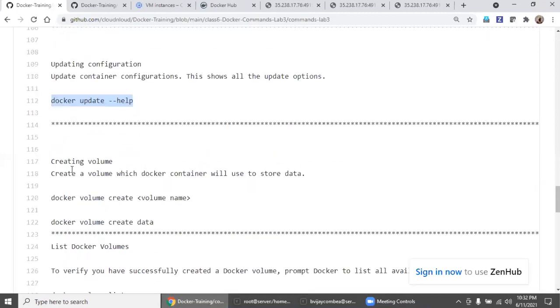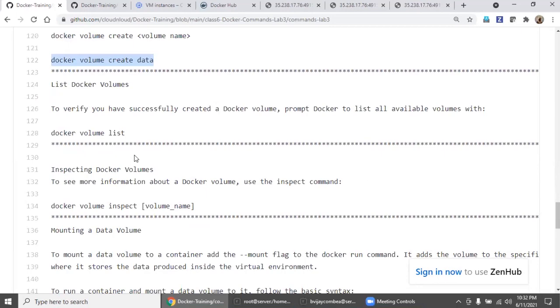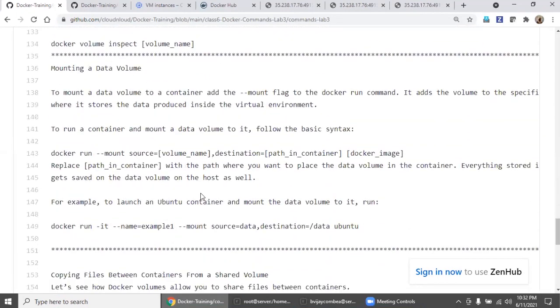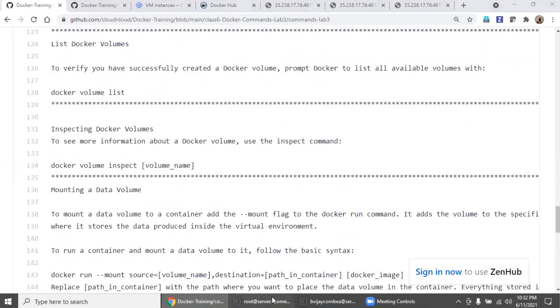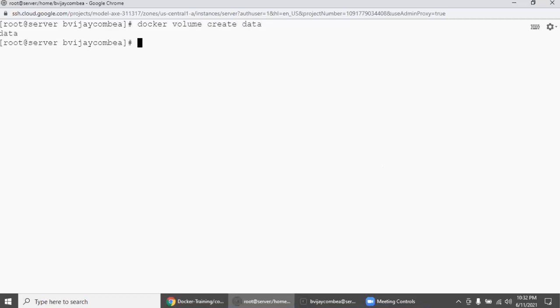Come down. Creating a volume. Even if you don't want to put any shared SAN or anything, here also you can go with a volume, right? So I am going to create the data volume. Okay, created.